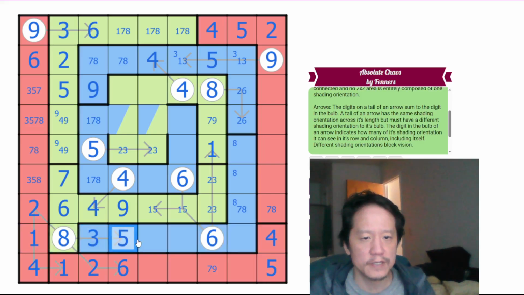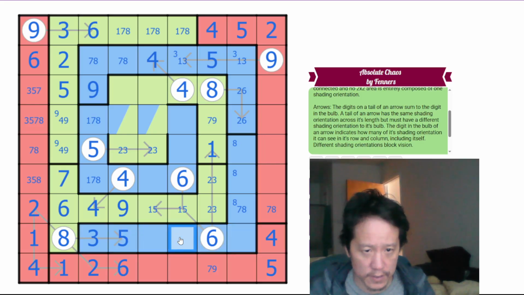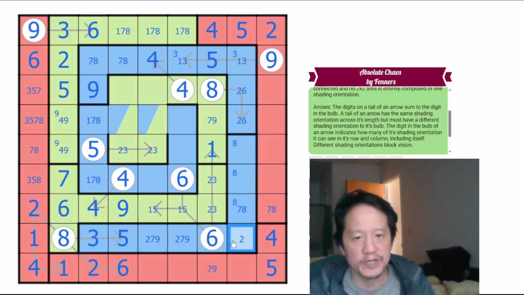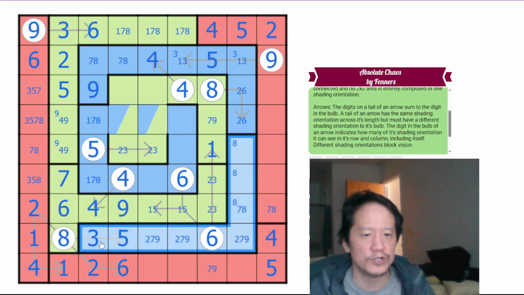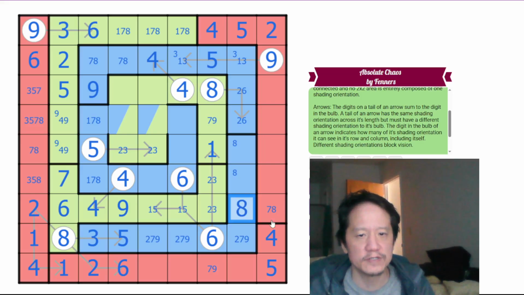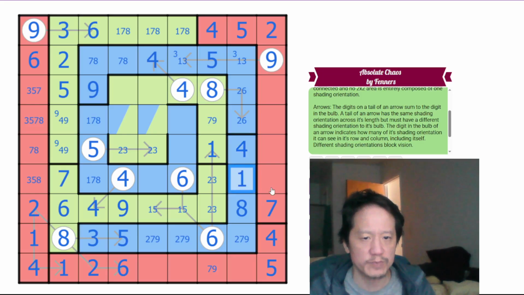Remaining digits in row 8 are 2, 7, 9, which eliminates 7 from the rest of the region. So this can't be 7, this is 8, which makes that a 7. That leaves this as a 1, 4 pair, but this can't be 1 because of this 1. So this must be 4, this must be 1, which means this can't be 1, this is 3, this is